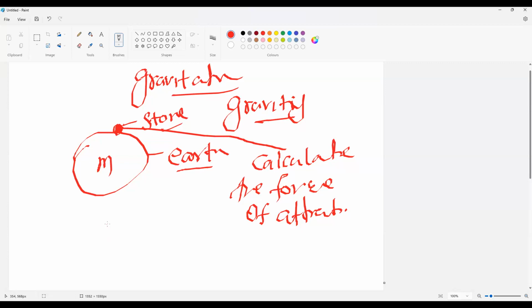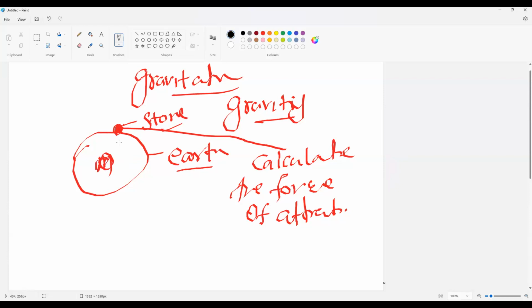Okay, now we are keeping a stone on the surface of the Earth. Do you think the stone is still experiencing gravity from the Earth? If yes, where exactly is that force coming from towards that stone? Is it from the surface of the Earth? From the center of the Earth. Wonderful. From the center of the Earth.